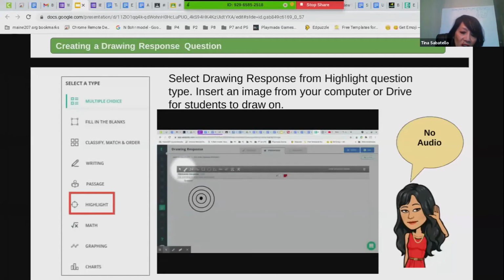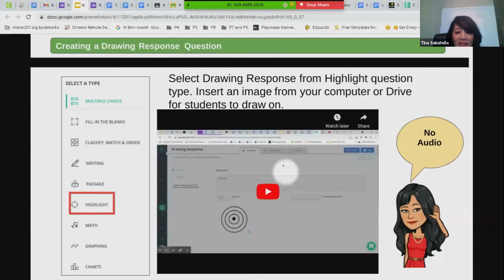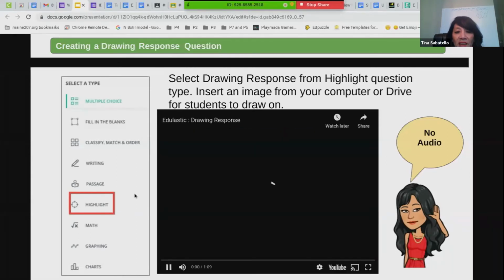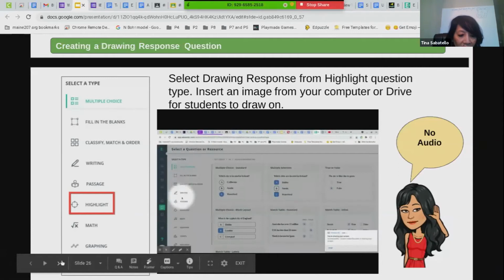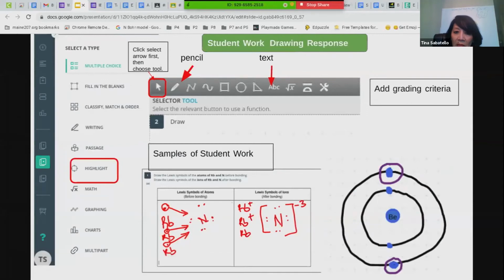So that's the drawing tool, and you could insert text, math equations. There's a ruler. I teach the kids how to change the color and the font size so they can just drop the dots onto their Bohr model so they're not just scribbling them in. And so that's been really amazing. So that's an example of one drawing response question I do. You could do many others. Sorry about that. I'm just going to go back to the next slide here. All right, and now this is an example of some student work for the drawing response and a closer view of what the menu bar looks like.